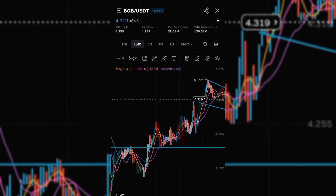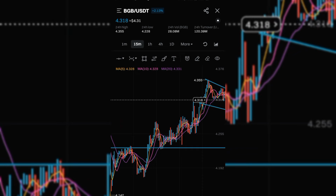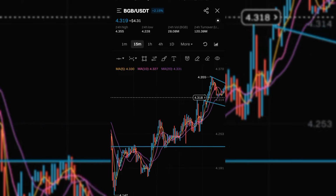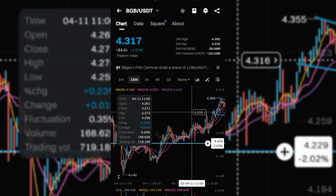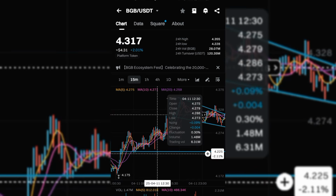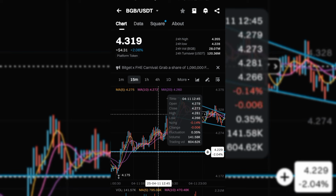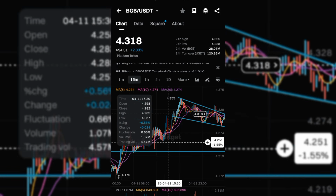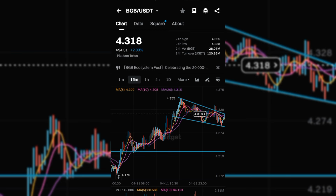So now, if I had bought at this particular zone, this price, at this price now, it's seen at, let's see, let's check the price right now to see what price it hits. So now look at the price right now. If you look at it, you see that this particular price was seen at 4.22. Okay, this is 4.22, and if you bought at this price, 4.22, and it got up to this price, 4.35,